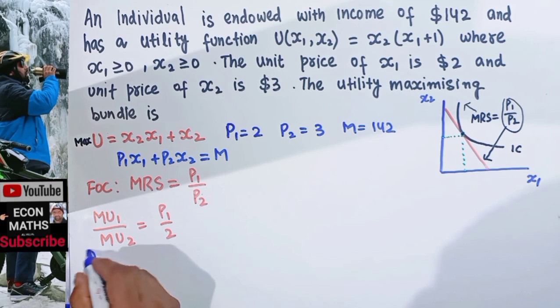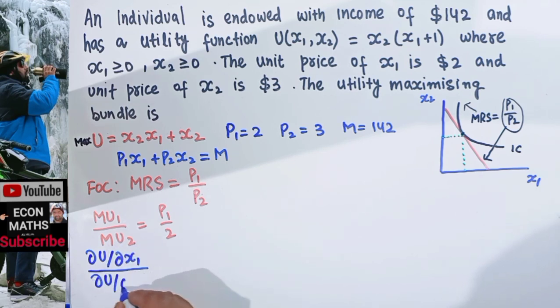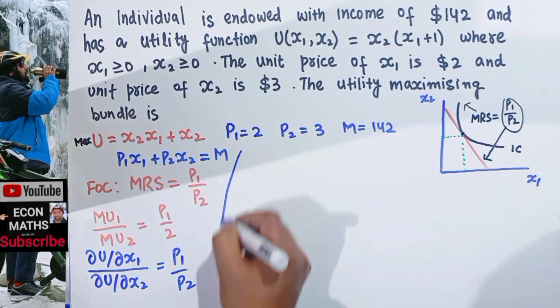MU1 means the partial derivative of utility function with respect to x1, and MU2 means the partial derivative of utility function with respect to good 2. Okay,